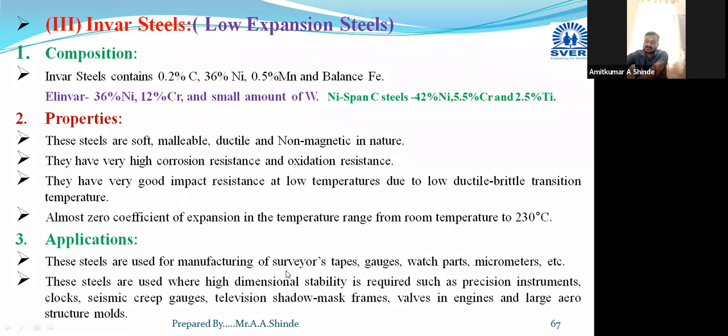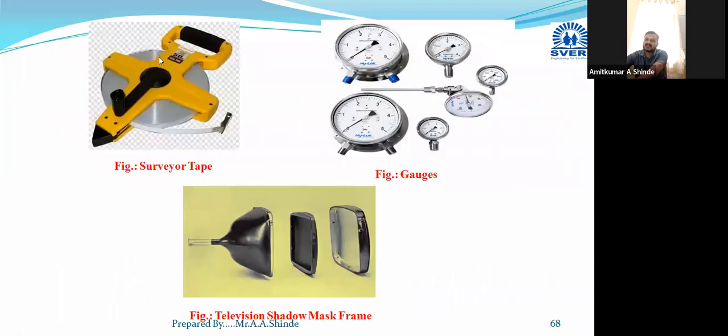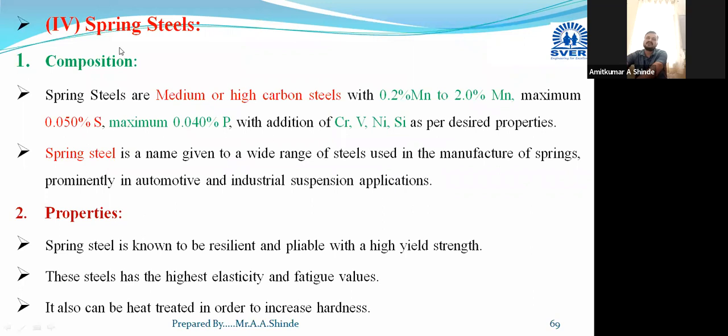Hence, it is used for manufacturing of high dimension precision instruments, like clocks, seismic creep gauges, or different valves. Or it is used in manufacturing of surveyor tape, different gauges used in measurement, or shadow mask used for television. Then spring steels, generally these are medium or high carbon steels with 0.2 to 2% manganese and very